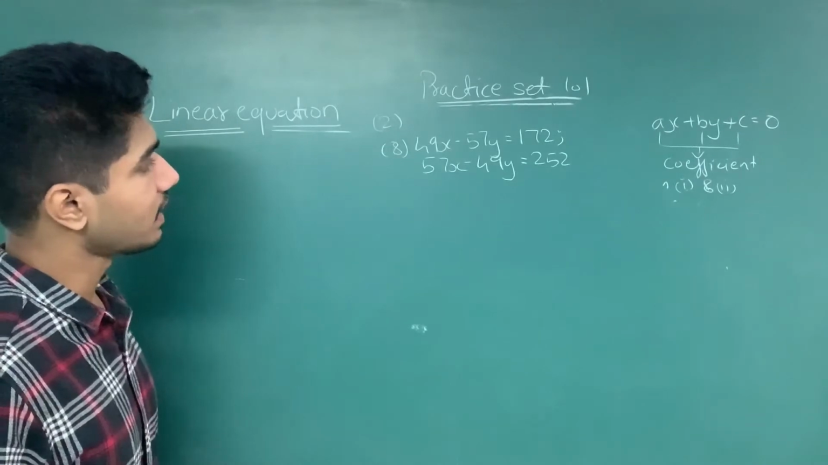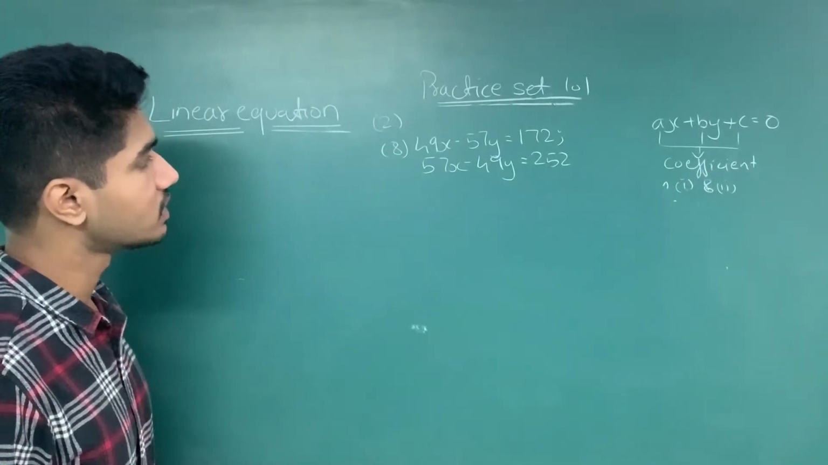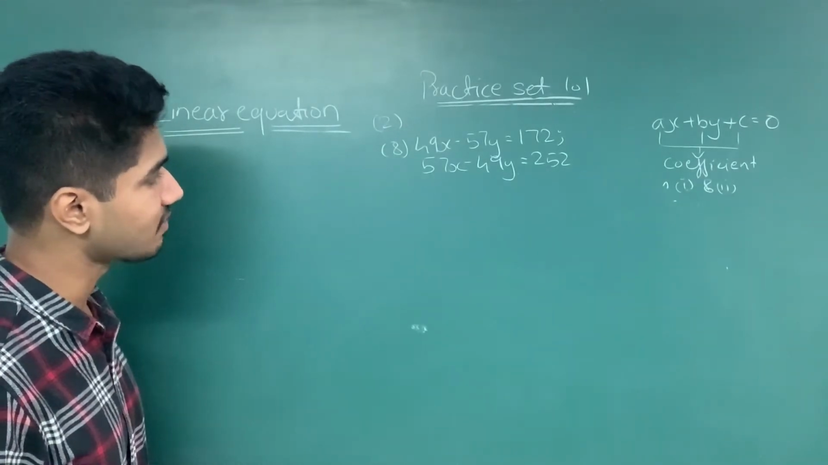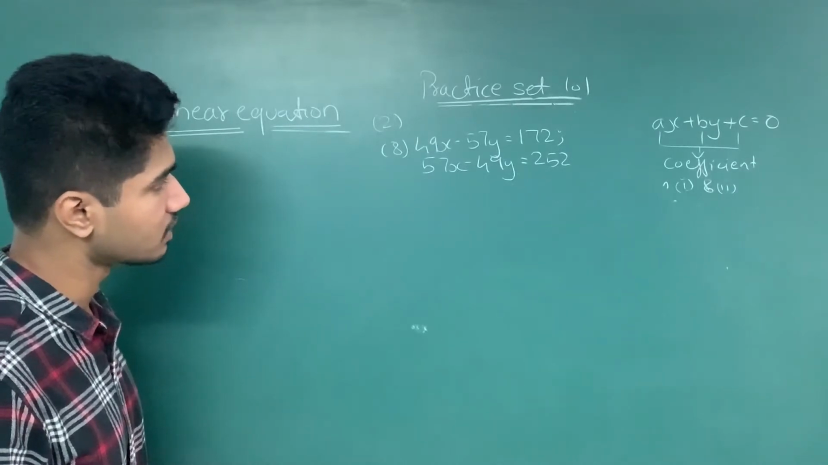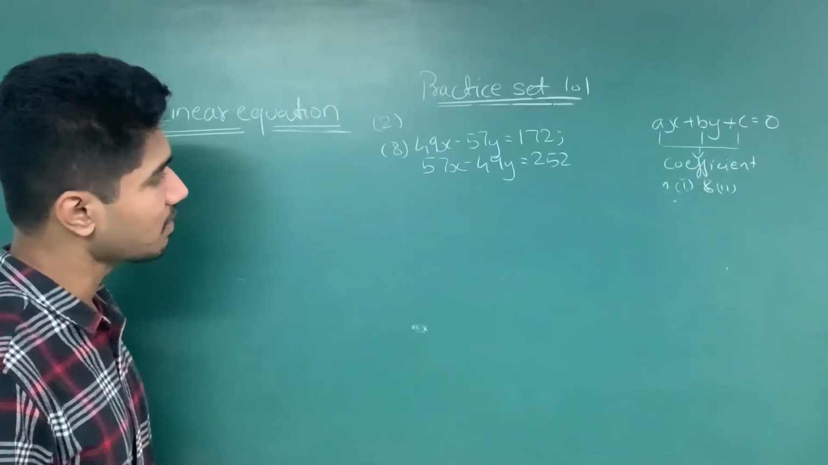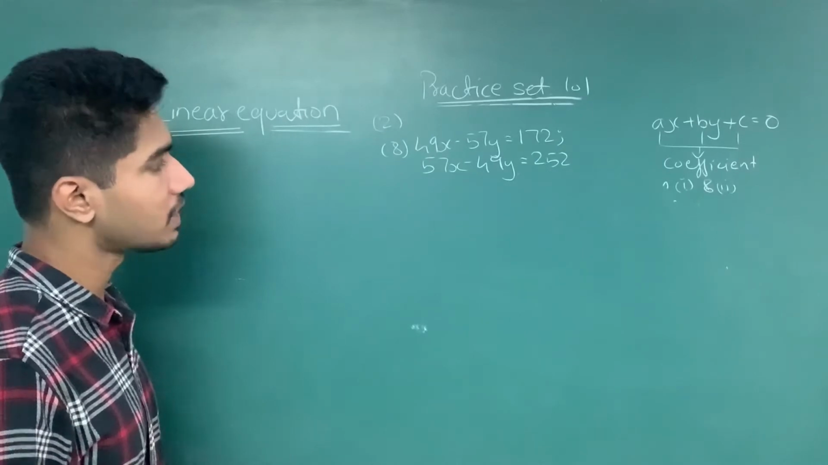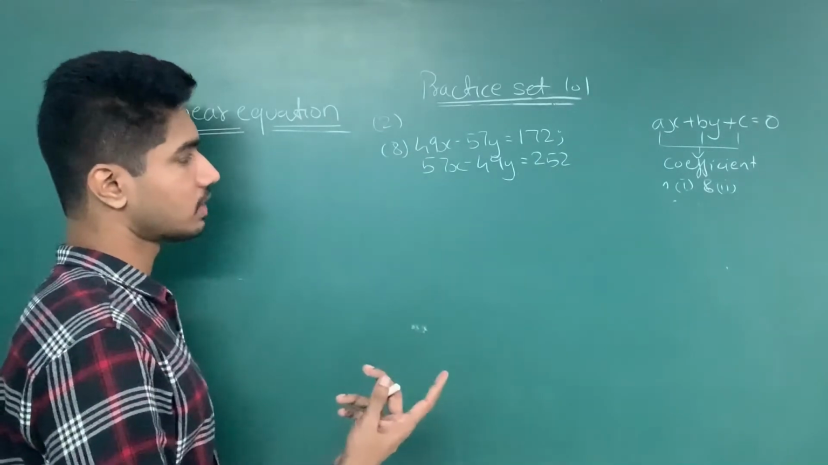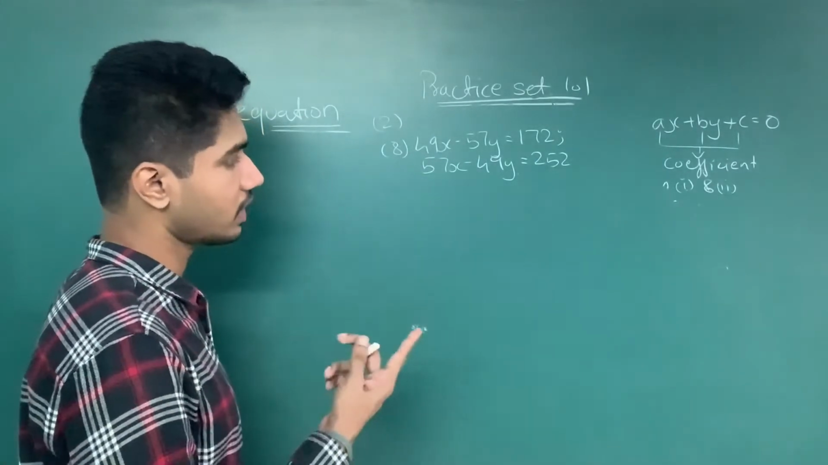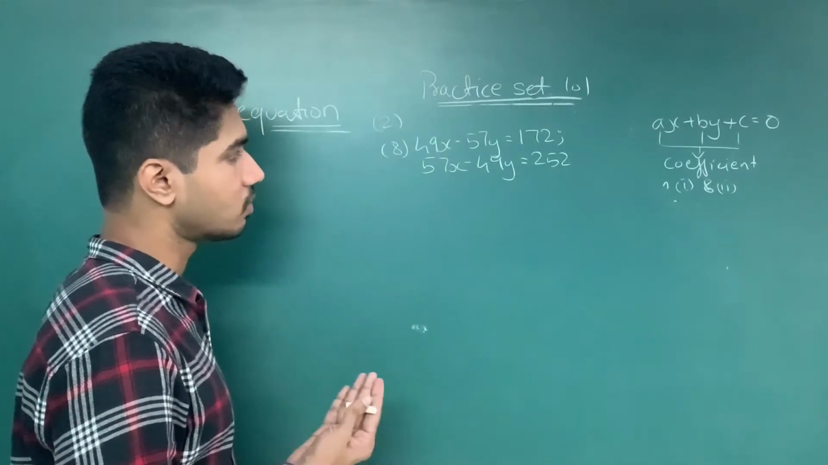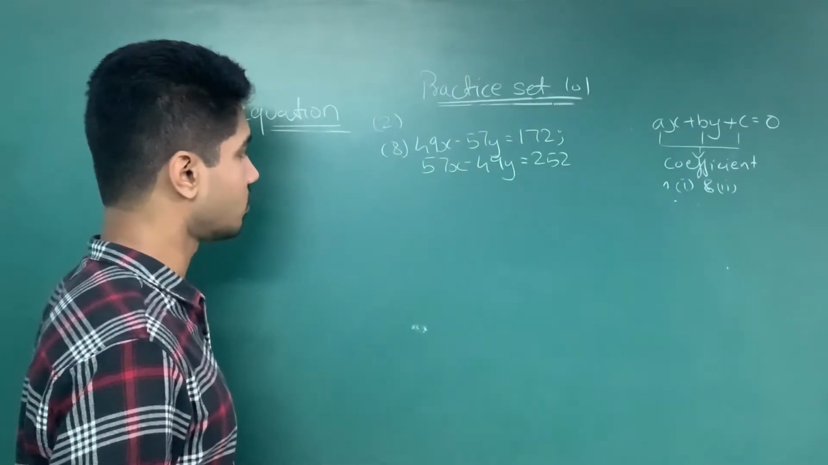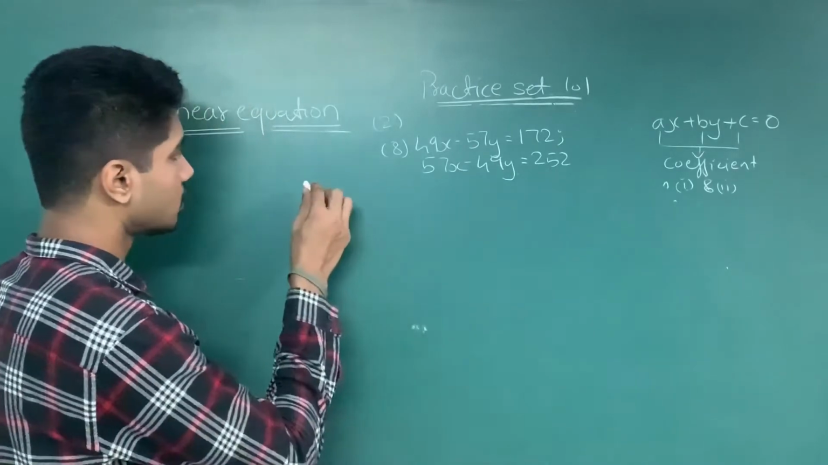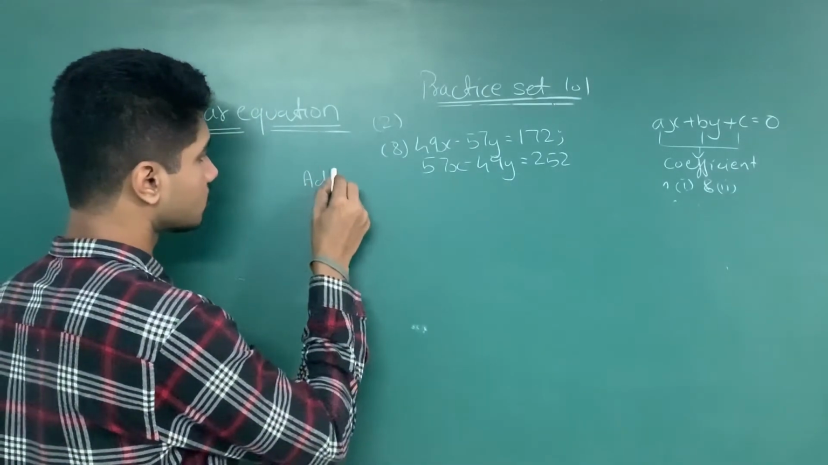Question 8, 49x minus 57y is equal to 172 and 57x minus 49y is equal to 252. Same type of question, same method, पहला add करोगे you will get equation number 3, बाद में subtract करोगे you get equation number 4, then you add third and fourth and you get the value of x and y. So let's start. So adding